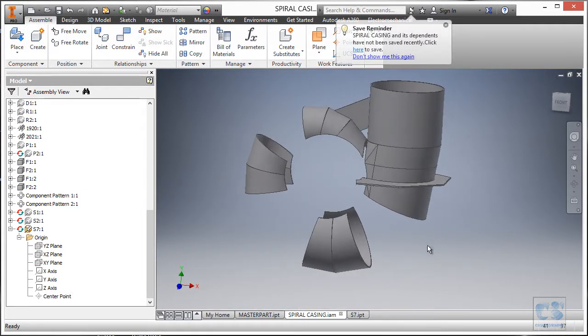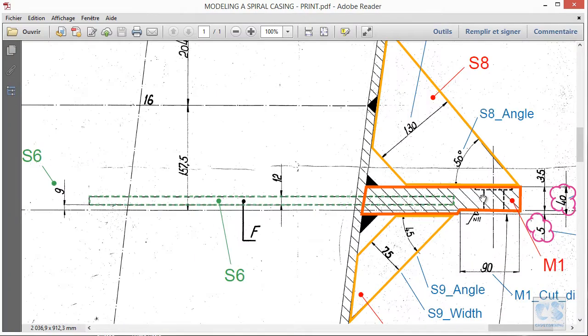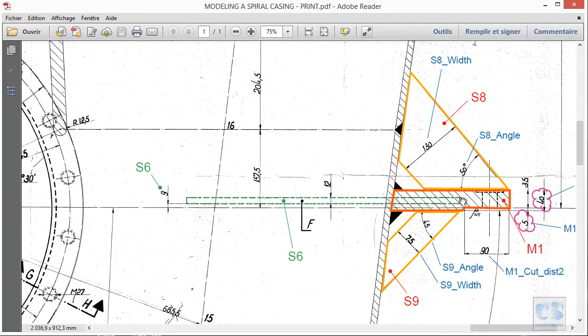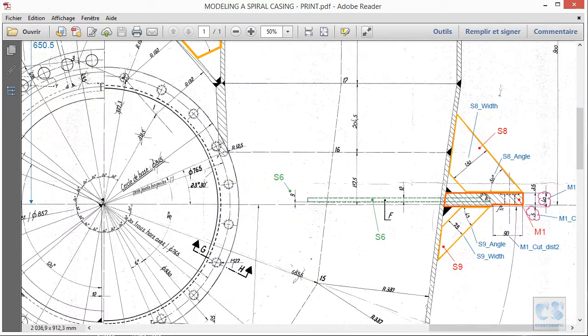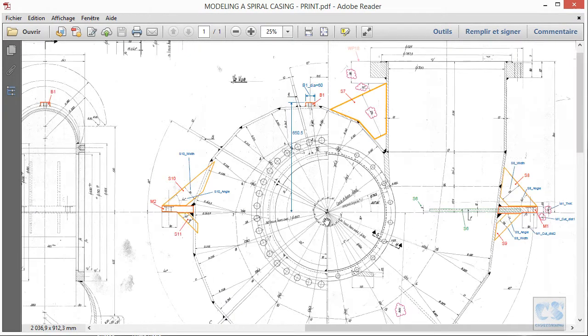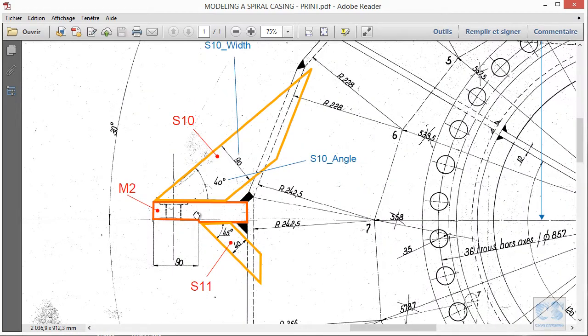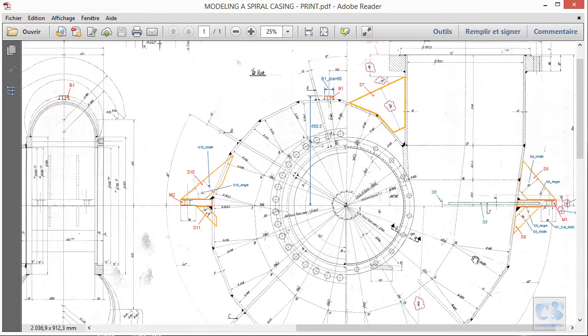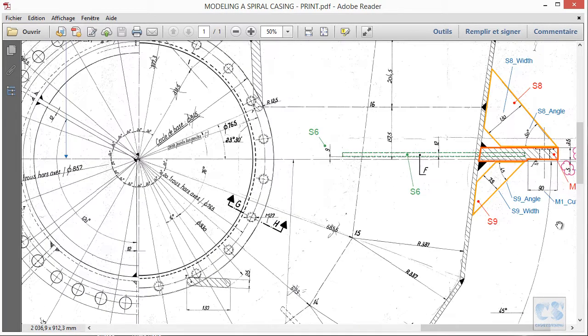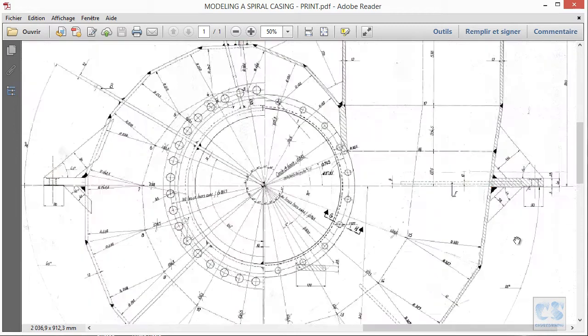Okay, next we will move to this mounting brackets. As you can see, we have two similar. So this one, the first one, is quite similar to this second one, and we have the same for the ribs. So we are going to make sure that all the parameters which are shared between the components are controlled from the master part, so that all of them can be driven from a single location.